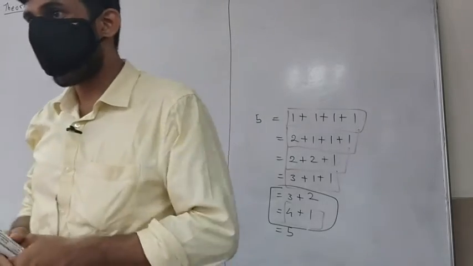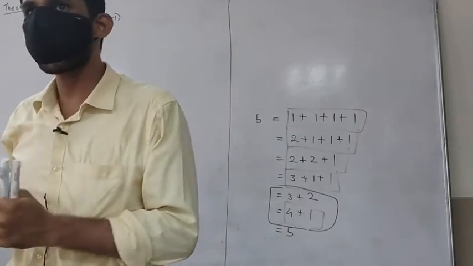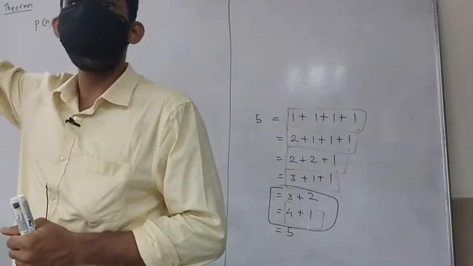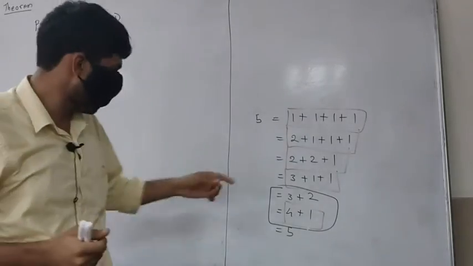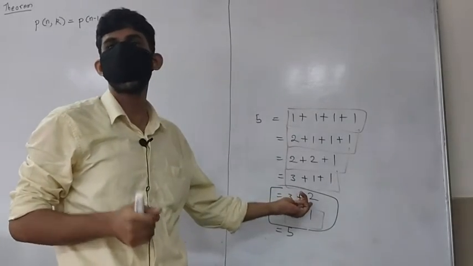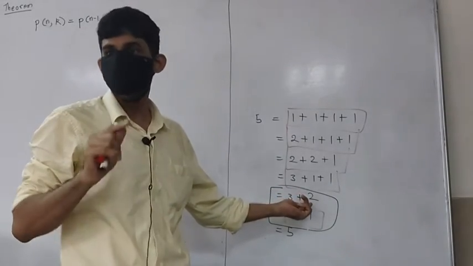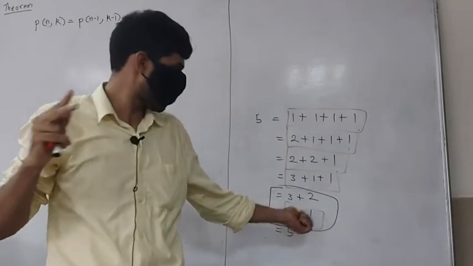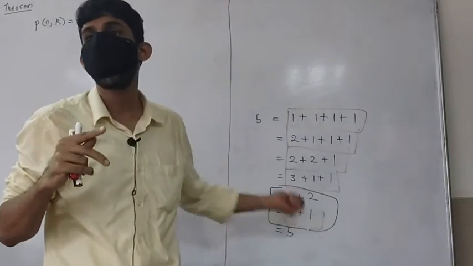What if the smallest part is not 1? Here also you can think of it in a nice way. You can subtract 1 from every part. Like in the example here, into 2 parts, I can subtract 1 from each part. So overall I'll be subtracting 2, right? Subtract 1 from here, subtract 1 from here. What will I get?